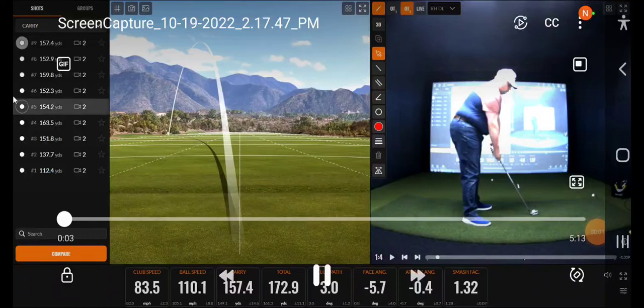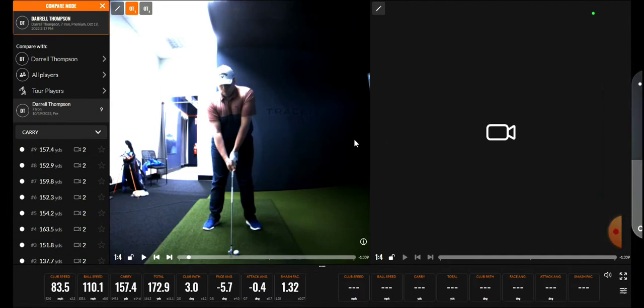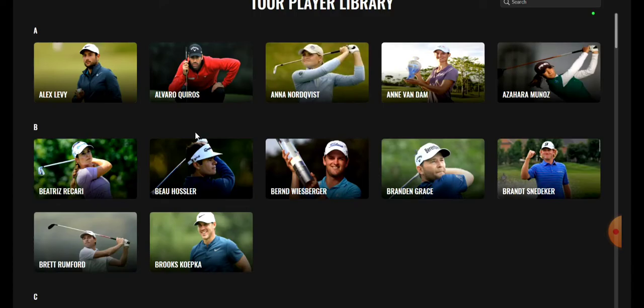What I see here, the good news is you're showing me the same thing every time. You're not doing six different swings and showing me six different variations of it. So